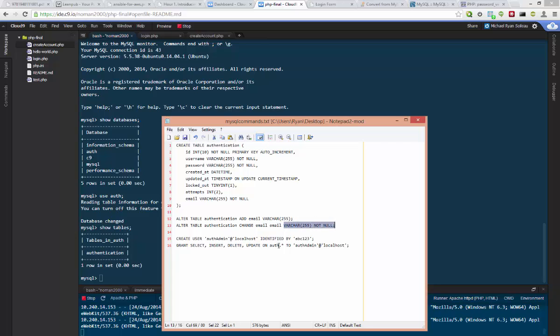So rather than dropping the entire table and recreating it, this allows you to quickly alter it. The next command you're going to need to enter is this create user command, and it's going to be auth admin at localhost identified by ABC123, which is the incredibly insecure password that you should never use in production, but we're using it here. What's also important is that we're using grant select, insert, delete, update on auth